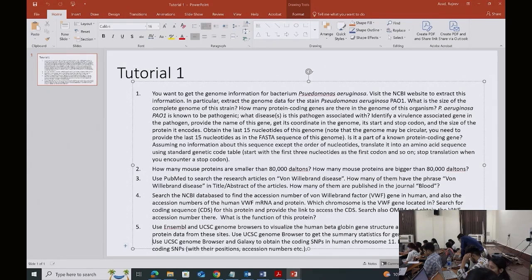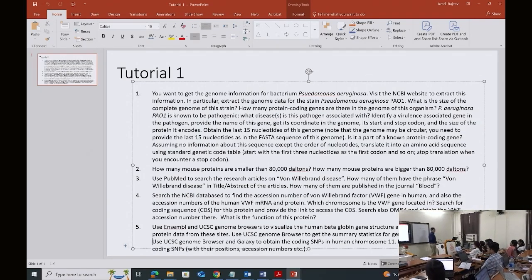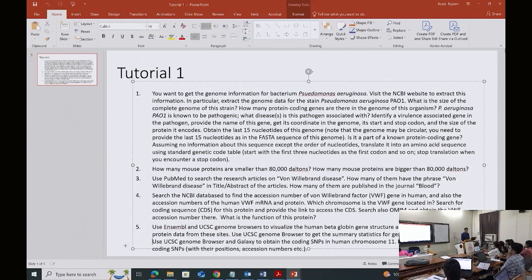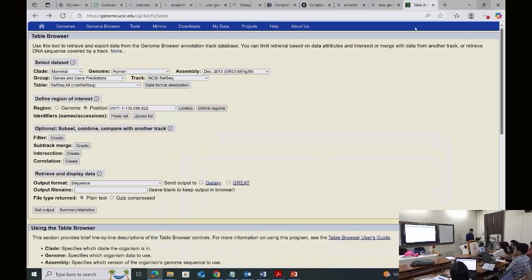For some reason, actually, let me search for beta globin, beta BAT, yeah, and then search for beta globin. Okay, I don't know, so let me do it here and do it with me. We should be getting the same result. So just close that window and we will go to